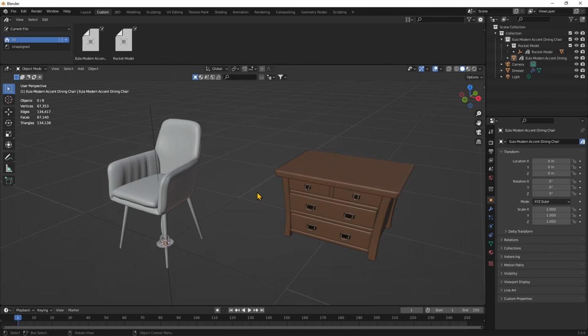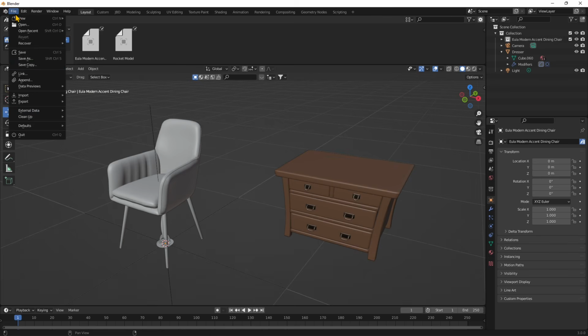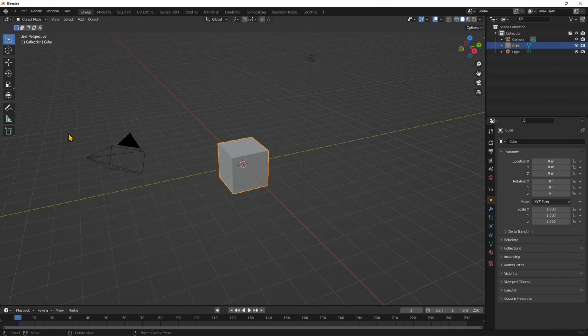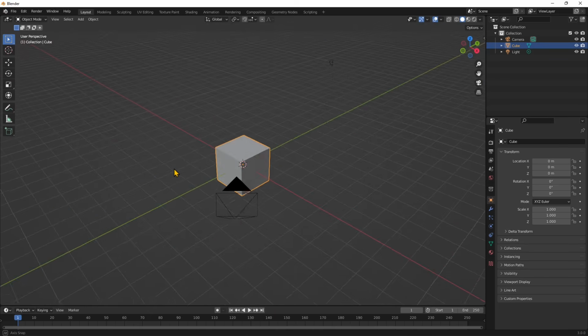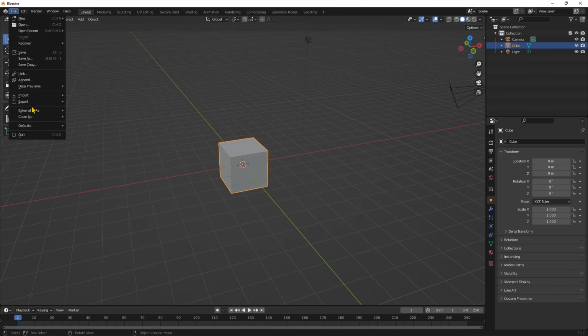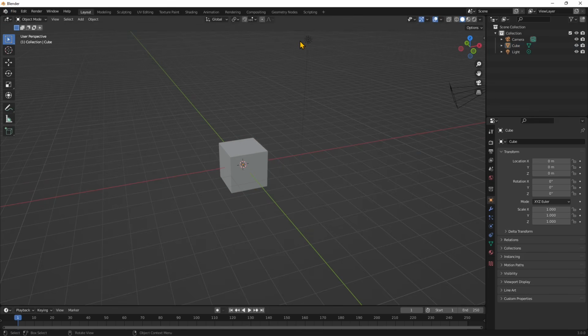Okay, so this will be my custom layout, and then I can move back here. Now this one here is the standard, let's say, but we already modified that. Now if we want to go back to the defaults, you can go to File, go to Defaults, and say Load Factory Settings. So everything is gonna go back to the initial state of Blender, in this case the layout or the interface. So when you want to go back to the original interface, you can click here, or you can